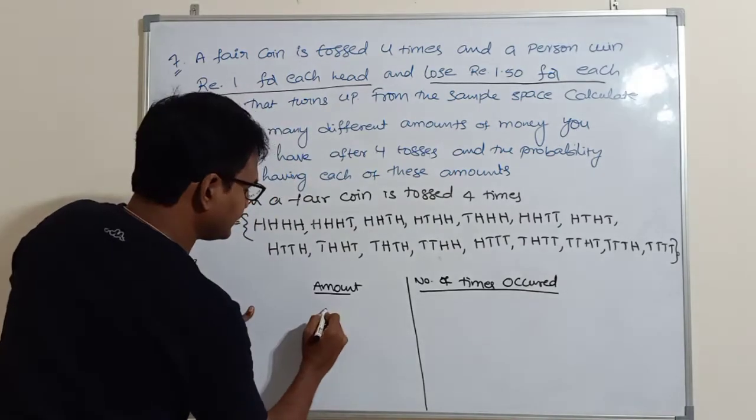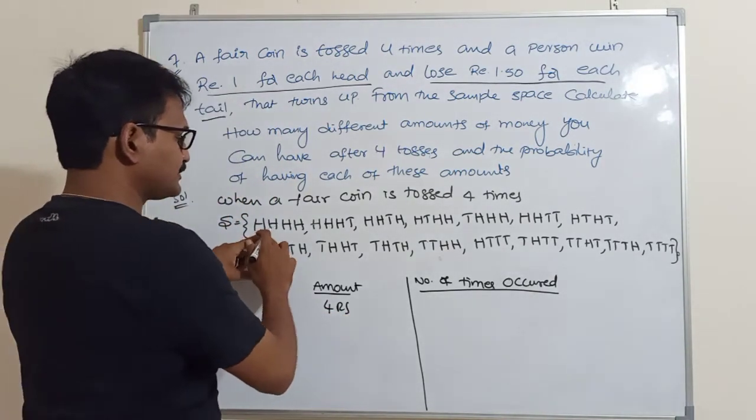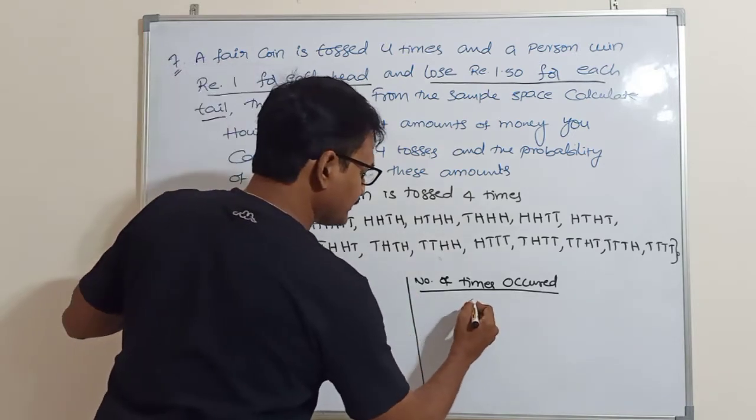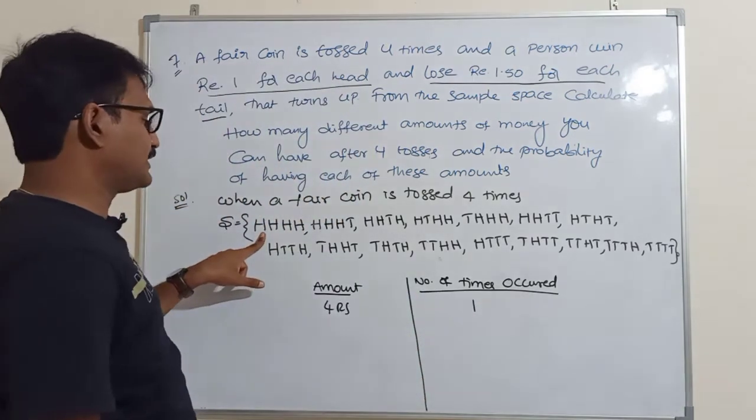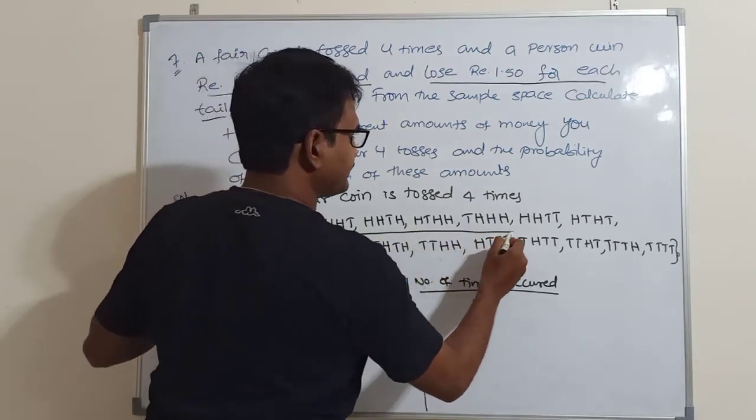So here you will get 4 rupees. If you want to get 4 rupees, how many times is it occurring? Only one time. Next, if you observe these sample points,